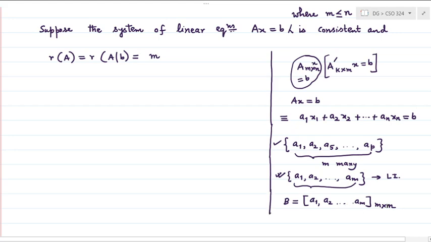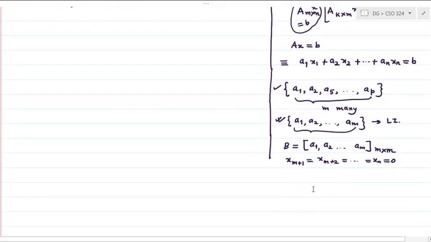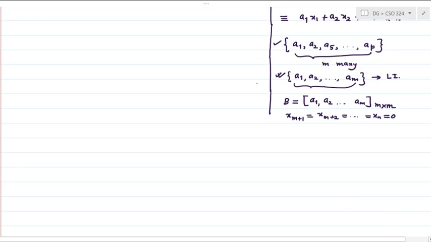This is a non-singular submatrix of the matrix capital A. Fine. And corresponding to these vectors A1, A2, ..., Am, the variables are x1, x2, ..., xm. So I now assign xm+1 and the rest of all the variables xm+2 till xn all equal to 0. I assign this, and then you note that the given system Ax equals b